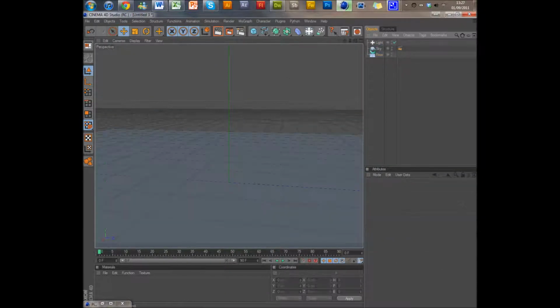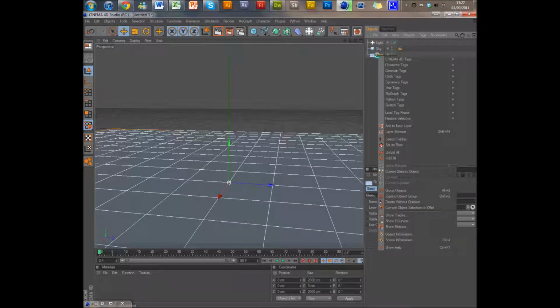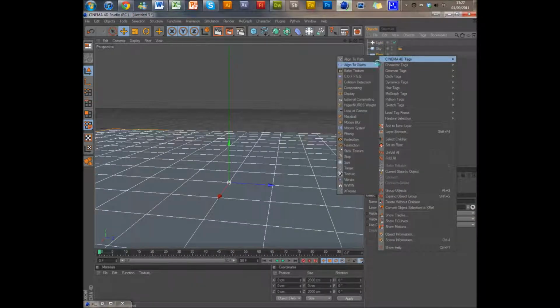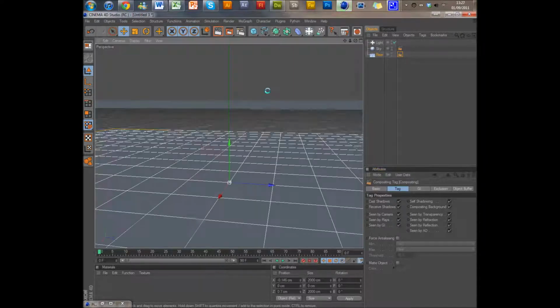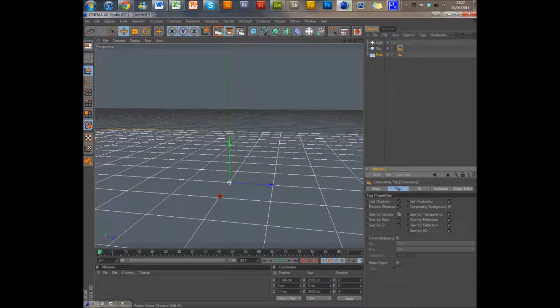To get rid of the black, we're going to go to the floor, right click Cinema 4D tags, and also click compositing, and then we're going to tick compositing background. That won't do much, but it will when you get the GI in there. So then what will happen is if we now make the sky seen by the camera,